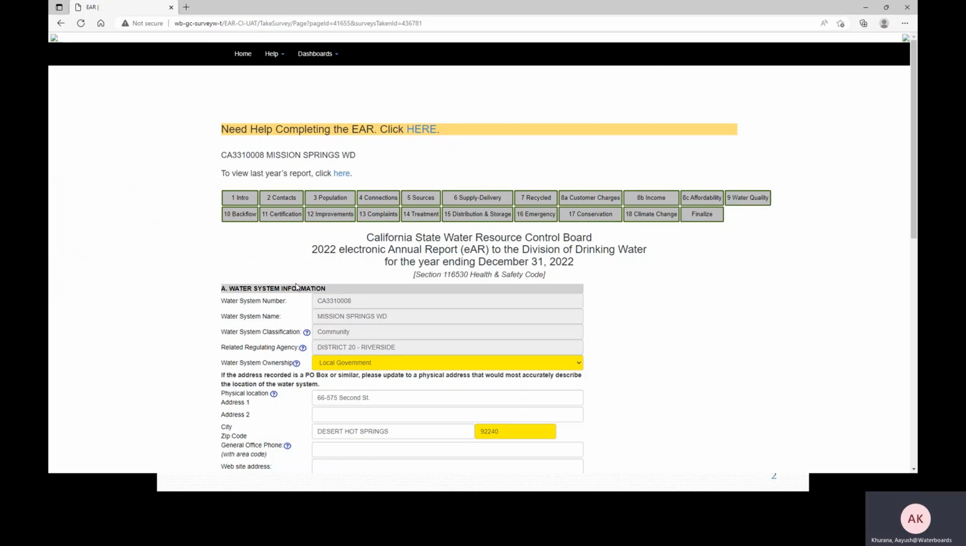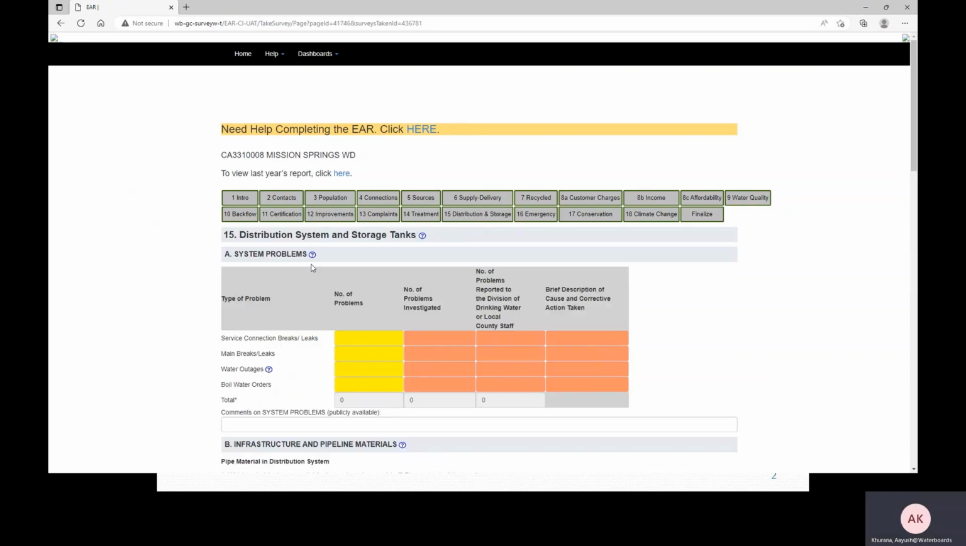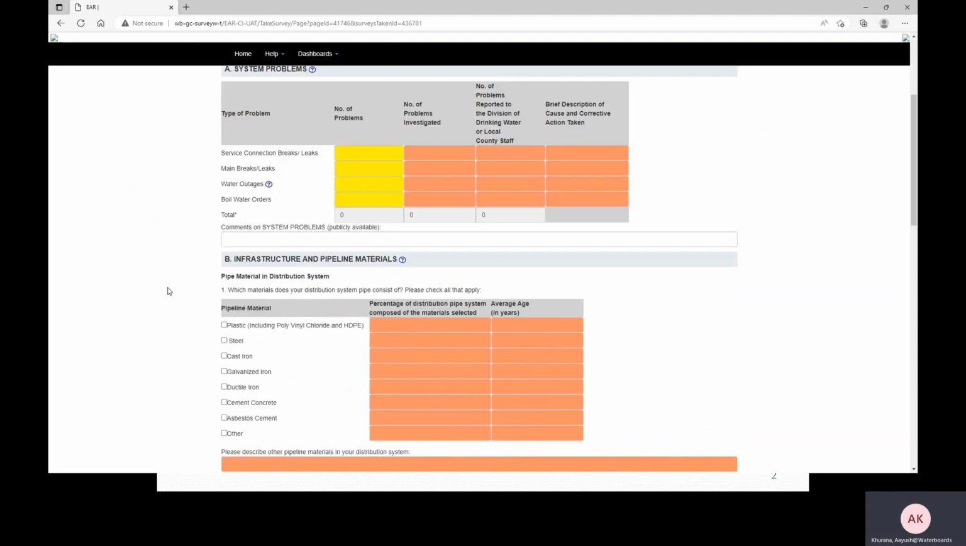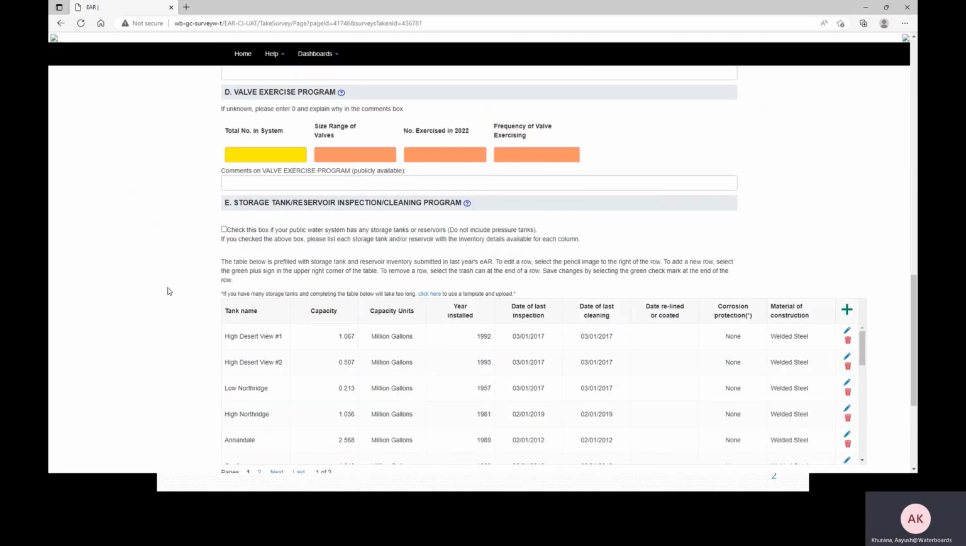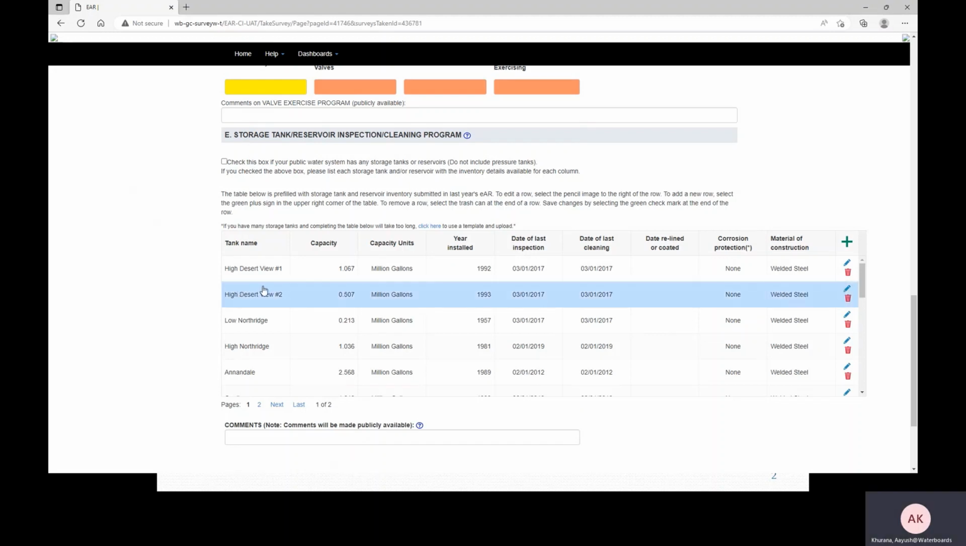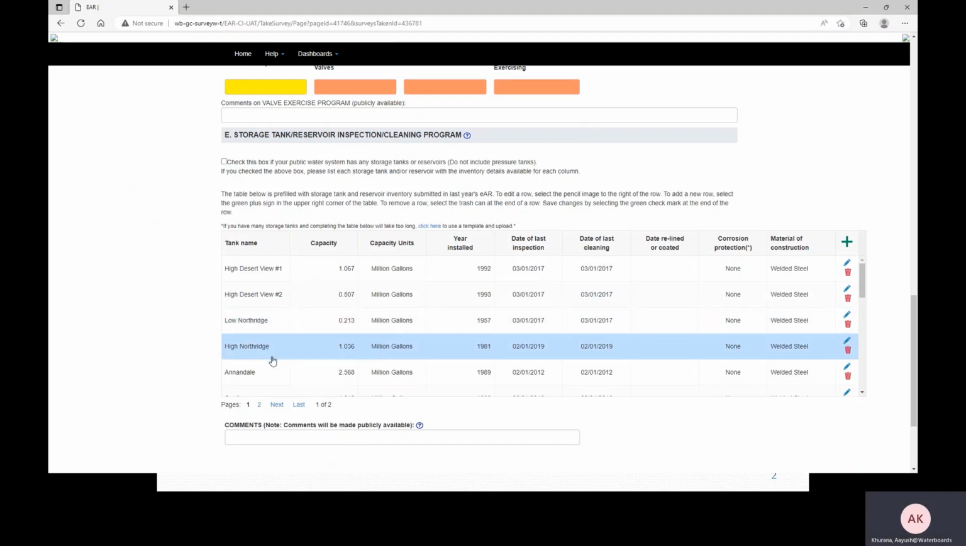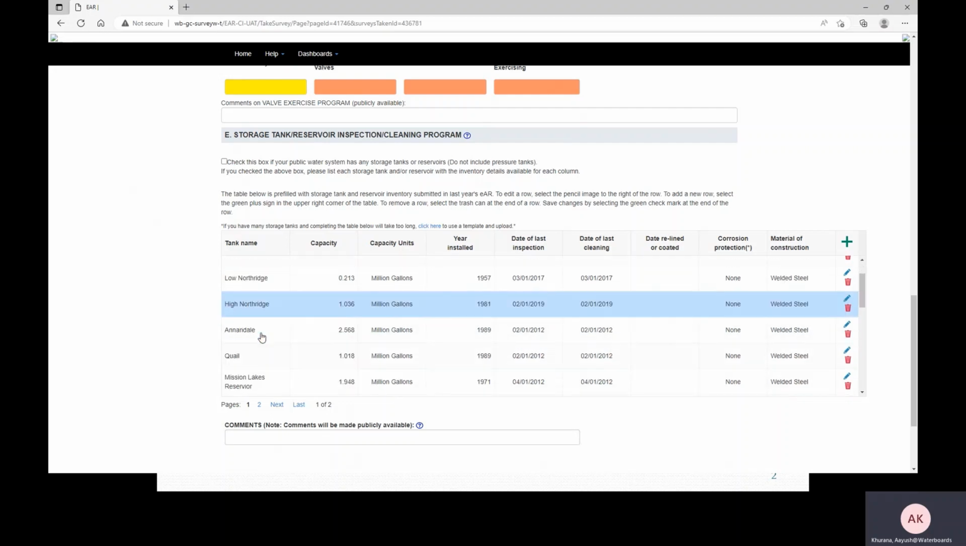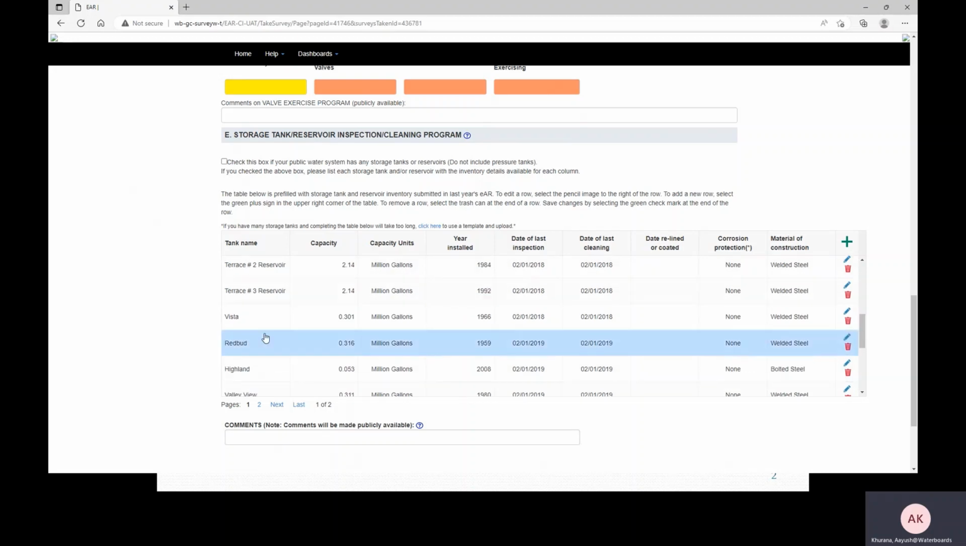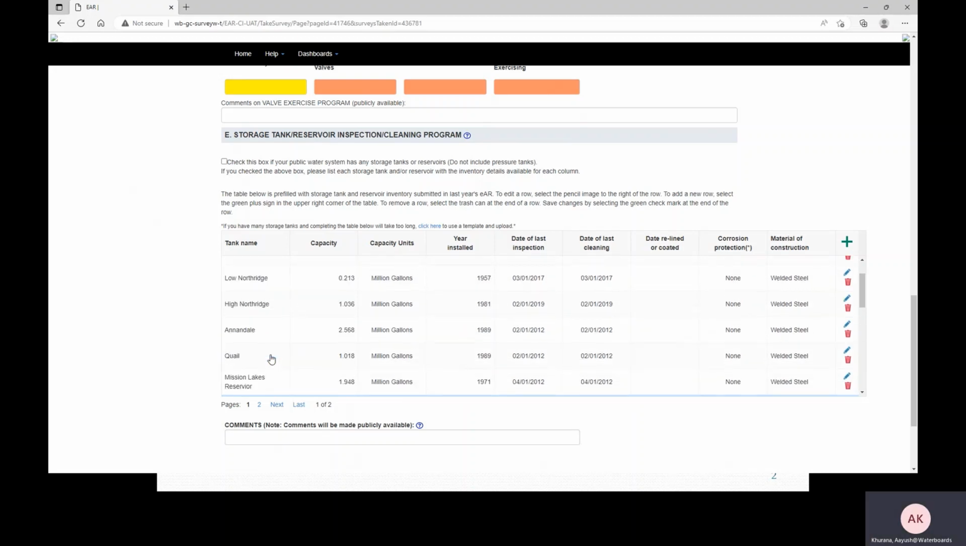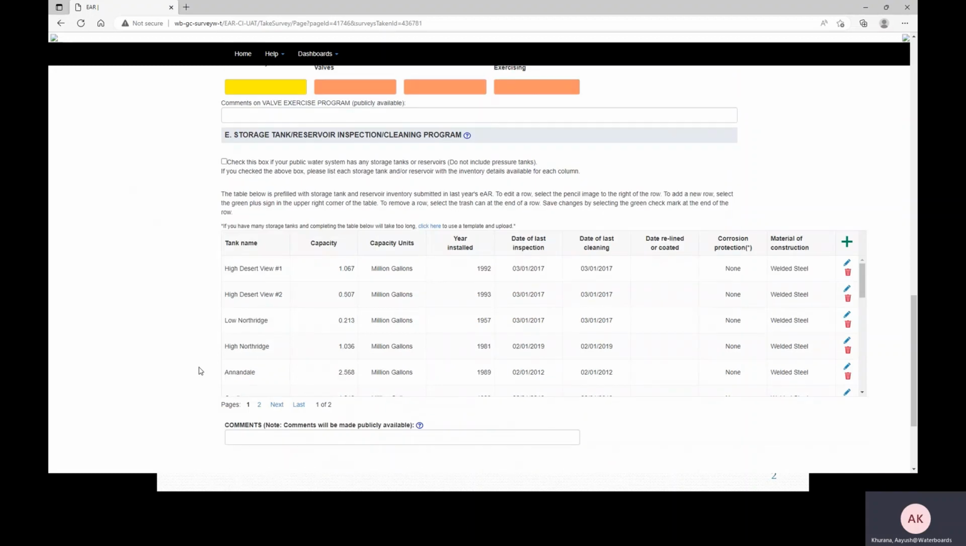This will automatically open the first section, or the intro section, of the eAR. We're going to skip to Section 15 by clicking on the tab here at the top. As soon as it loads, you can scroll down to Table E. You'll notice that data from the previous year's eAR that you entered was used to pre-fill this year's eAR. So all your storage tanks that you've previously entered are already here. All you need to do is update this table to reflect any changes or any operations that happened in 2022